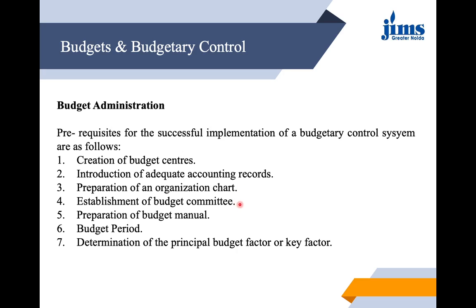Then next we have establishment of budget committee. This is a very important step because in large organizations the direction and execution of the budget is delegated to a budget committee, which reports directly to the top management. The financial controller is usually appointed to serve as budget director. He is in charge of preparing the budget manuals of instructions and accumulating the budget and actual figures for reporting. The other members of the budget committee usually comprise various heads of the functional departments like sales manager, purchase manager, production manager, chief accountant, etc.